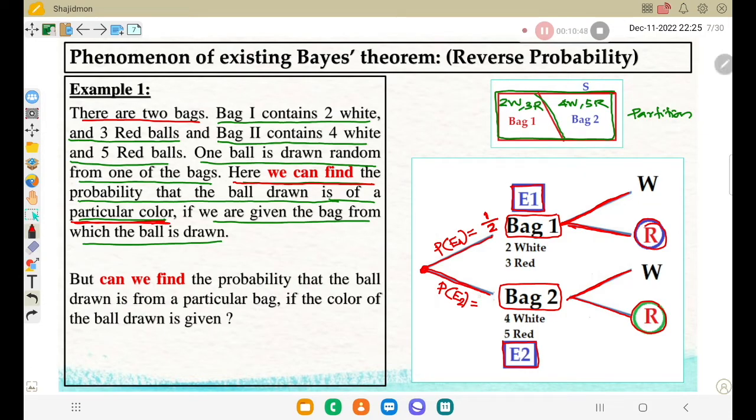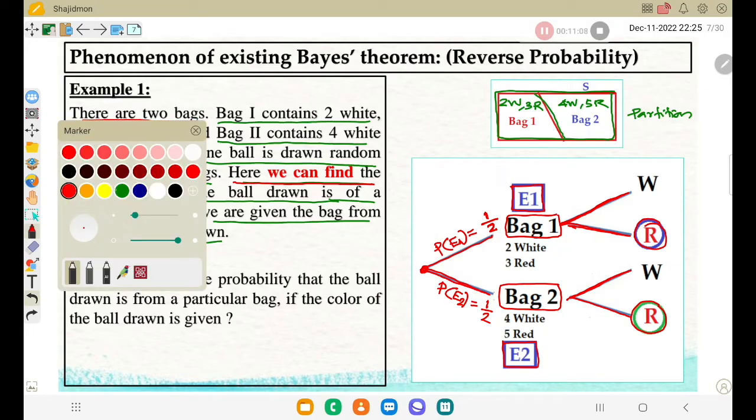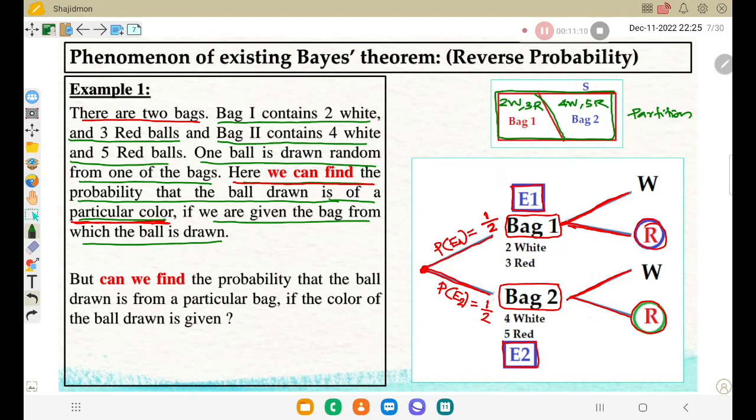Correct? So the probability of E2, the probability of selecting bag number 2, is also half. Correct? 1 divided by 2, because we have 2 bags, and out of that we select 1. So always we are writing probability of E1, probability of E2 here in this tree diagram. Here we are representing. Now see in this one, the second events, the continuing event. In bag number 1 we have